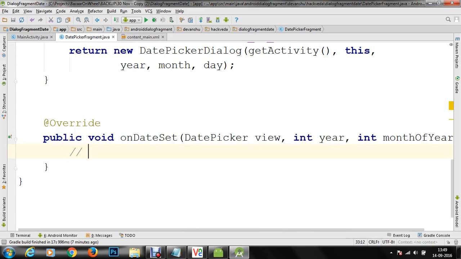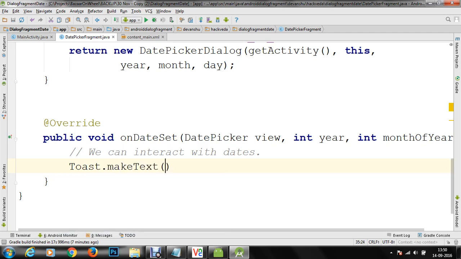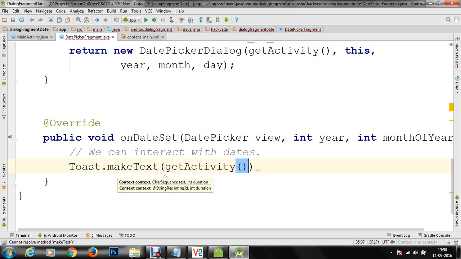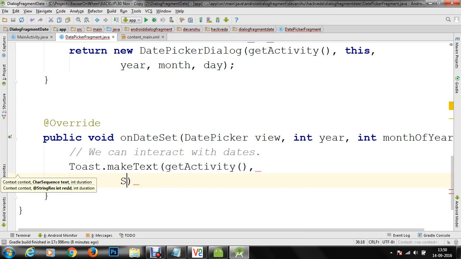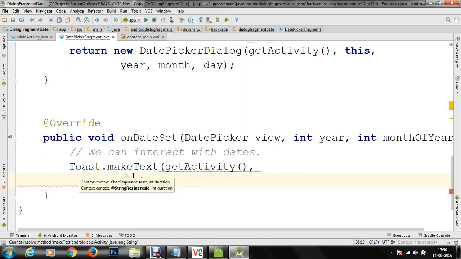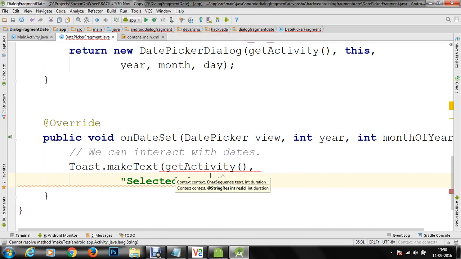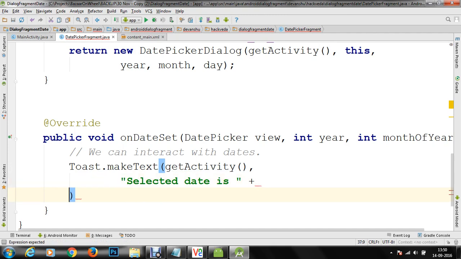So here we can interact with dates. As far as the interaction is concerned, we are going to create a toast method here. Let's make a toast. We are going to get the activity in order to provide the context. Then we have to specify information like "selected date is," and we are going to concatenate